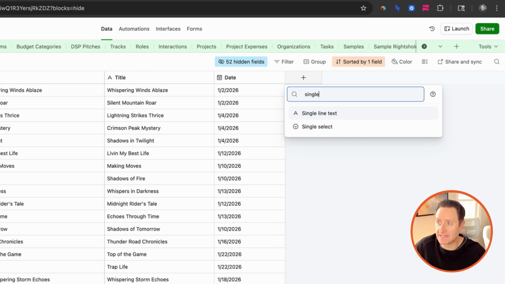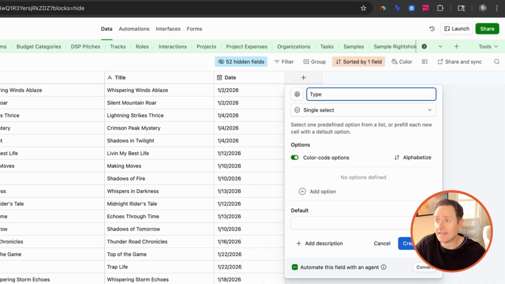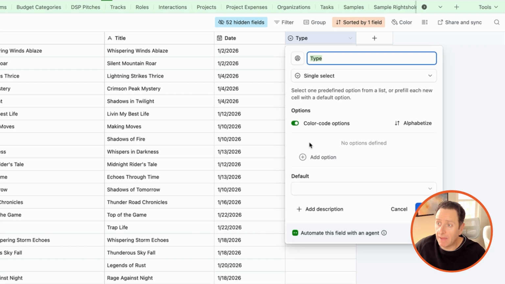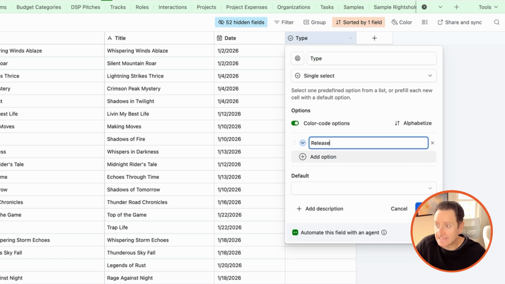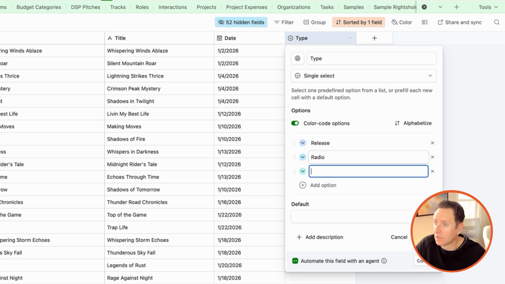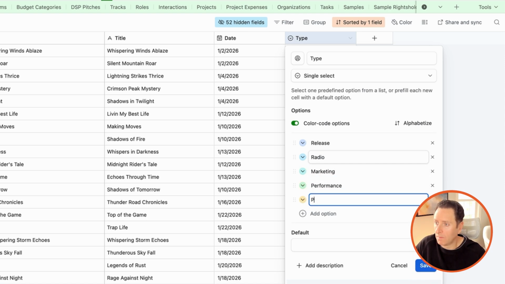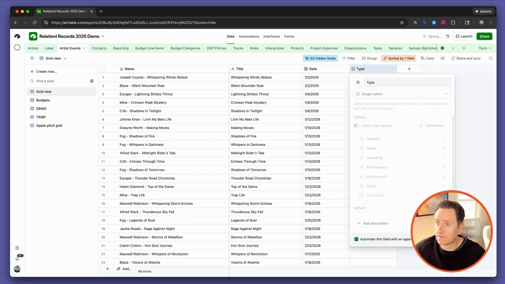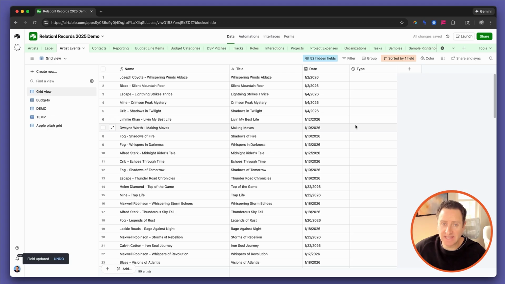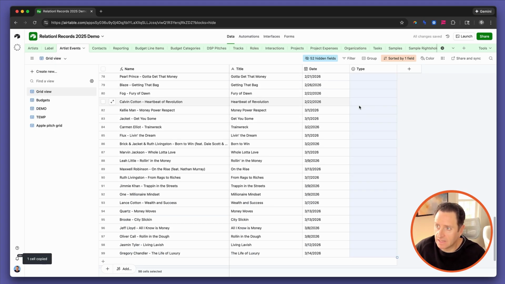To do that, we're going to install a single select field, and we'll call it Type. The options are going to be, of course, release, radio, marketing, performance, promo, event, other. Save. Since all of the records in this table so far are all release related, let's select release, hit copy,